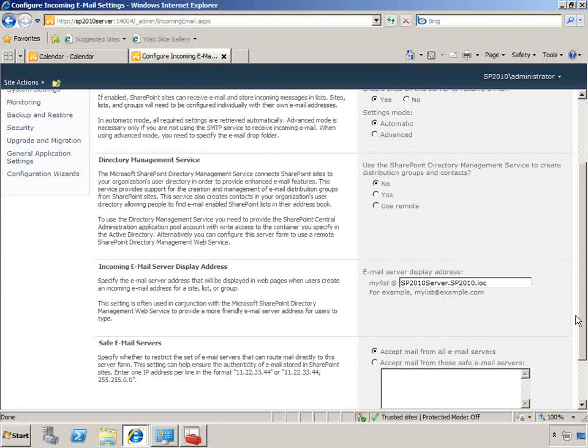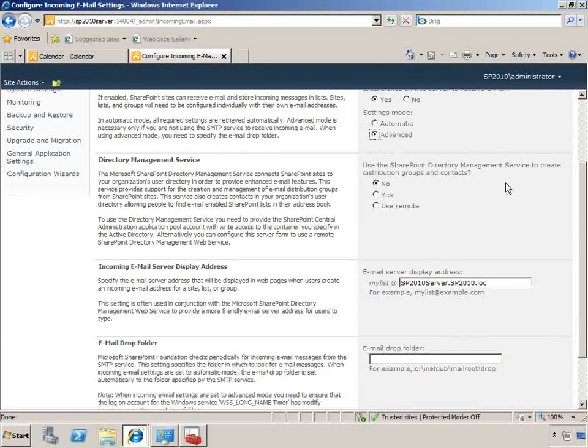Next, under incoming email server display address, you can see that it's detected the actual settings directly out of the SMTP server, which is great. And finally, we can go ahead, for example, and set safe email servers and so on. But I'm not going to use the automatic settings up at the top here. I'm going to switch it to advanced,